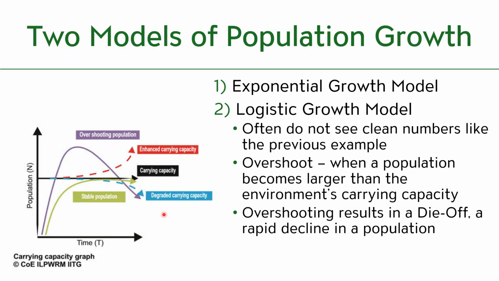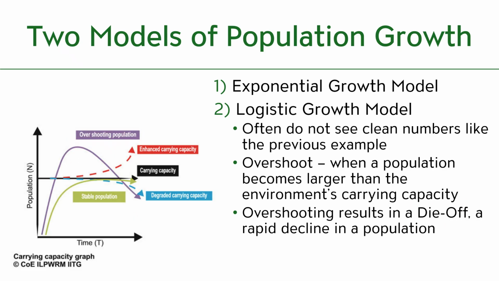Now, when we talk about logistic growth, what we often see is not such a clean graph as the previous one. You'll often see things like overshoot. Populations will end up accidentally producing way more than what the carrying capacity, this black line, allows. And then you'll see this die off, this crash in the population because they overshot their resources. It's not like the animals or the plants are conferring and saying, well, we can't have any more kids because we're going to run out of resources. They just grow as there is availability, and then all of a sudden we surpass availability,